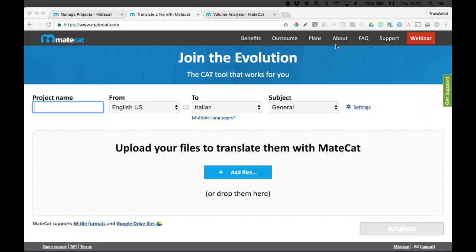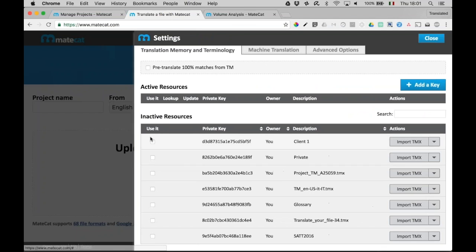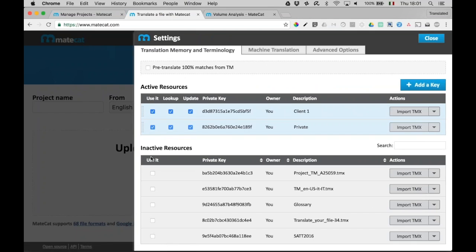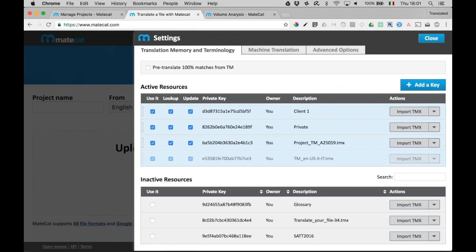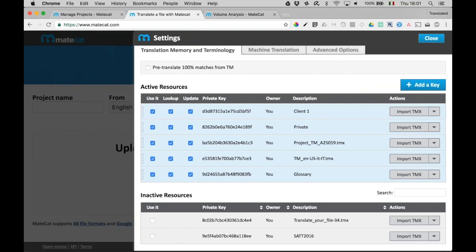Here's one from Sarah. Is it possible just to look up from my translation memories without updating them? And can I prioritize my translation memories? Oh, yes, of course. So you go to the settings panel again, and you add any translation memories that you want, just like I'm doing here. Then if you just want to look up, so you don't want to update the TM, you just deselect this checkbox.